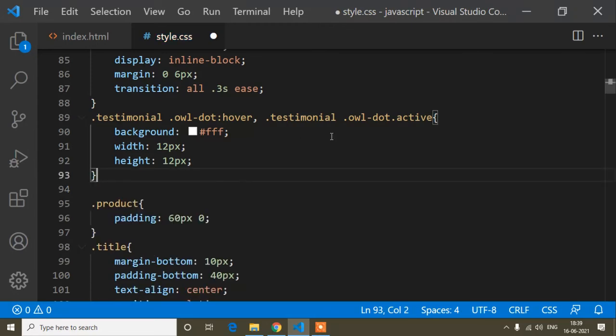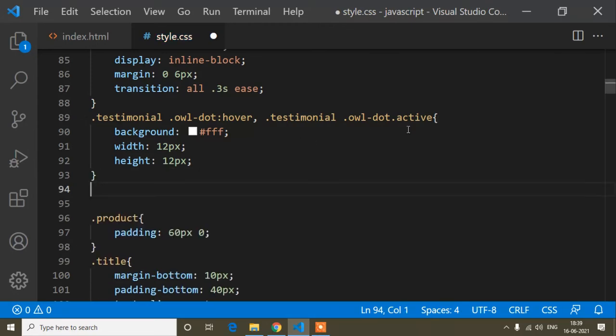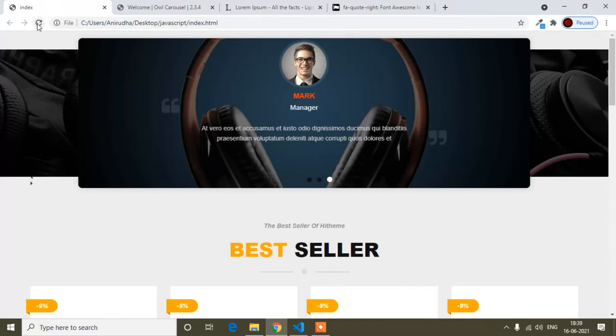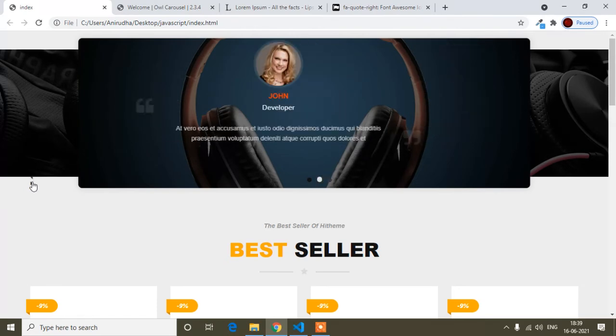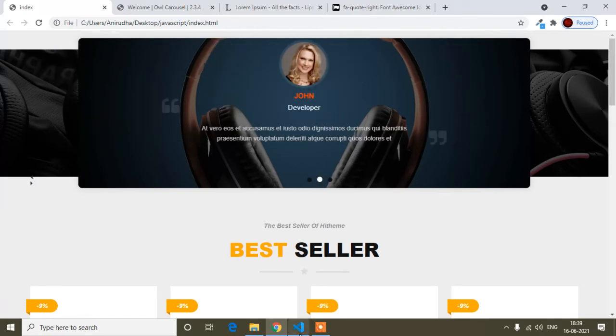So in the same line I can define, okay, like this, so it will be the same thing. So if I refresh now, you can see it's the same thing, okay. So if I click, it's sliding. And now guys, here I will add the design for this button. So here is the button, the preview and next button, and I will add the design for these buttons.